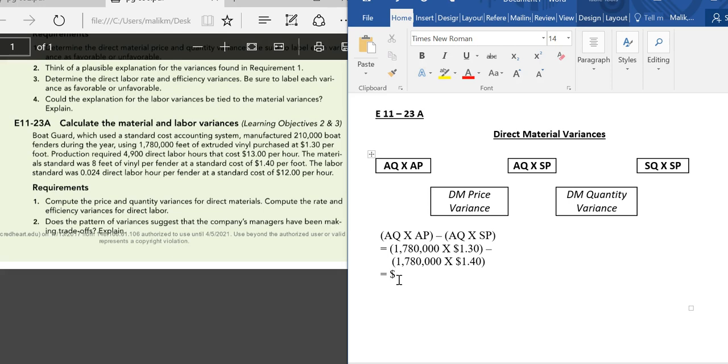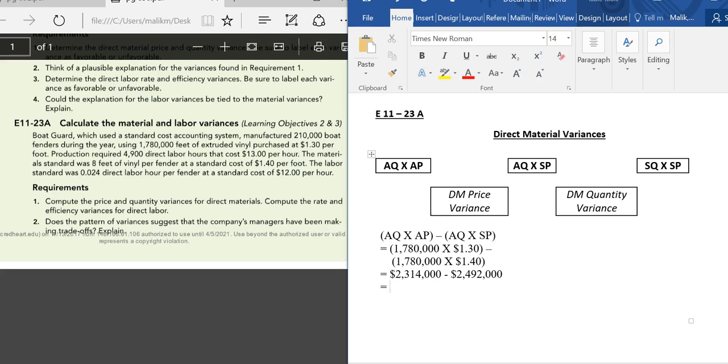I found 1,780,000 times 1.3. It is, of course, the dollar value, $2,314,000. That's actually your actual cost. Now, if you take this standard part, 1,780,000 times $1.40, what I found here is $2,492,000. Now if you take the difference,